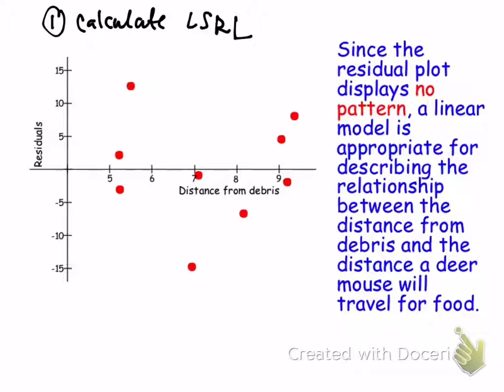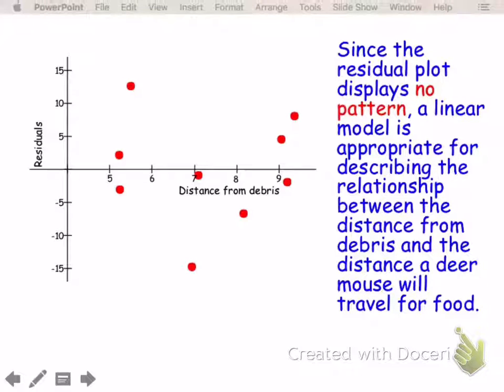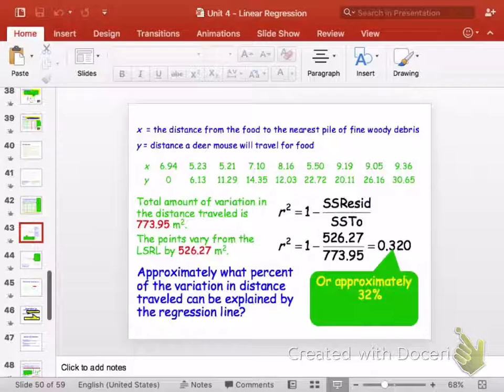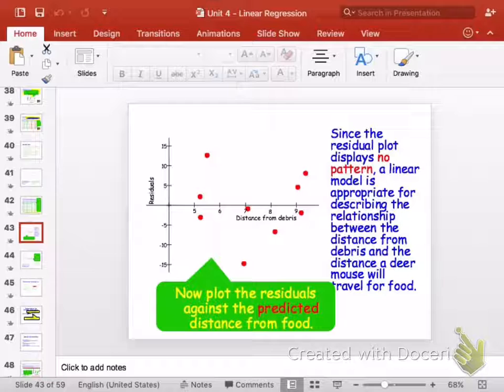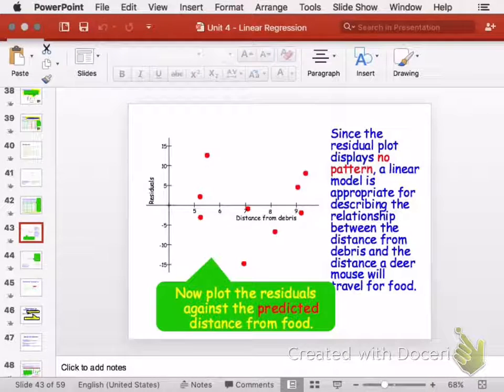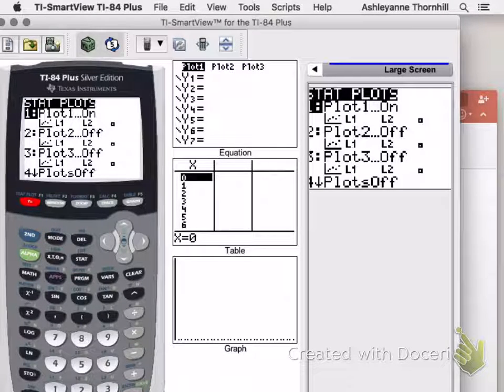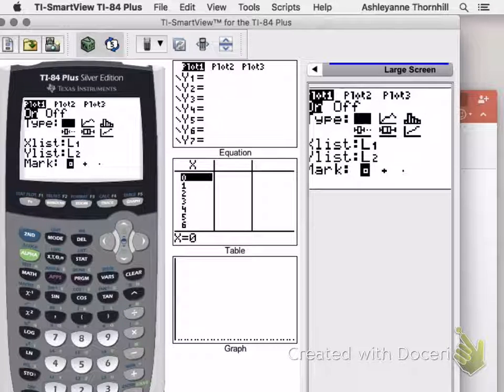Next step, once you've calculated your LSRL, go to your calculator. Go to second, y equals, hit enter. My X list stays as L1 because those are my X's. Then on my Y list,